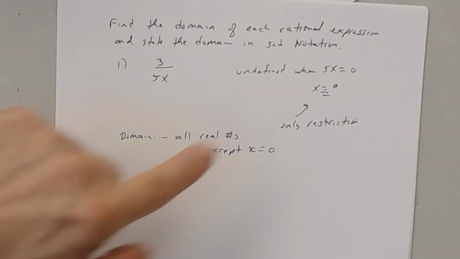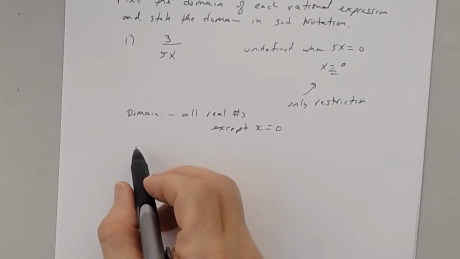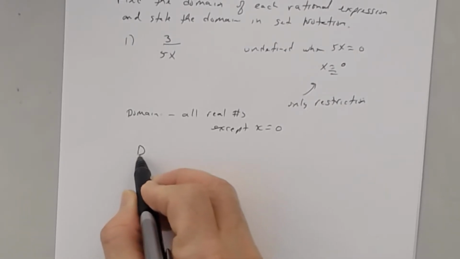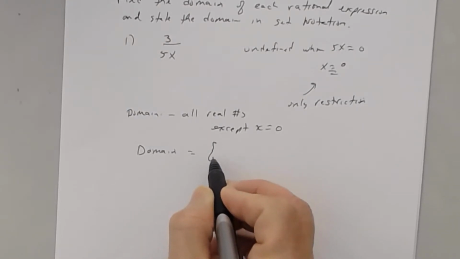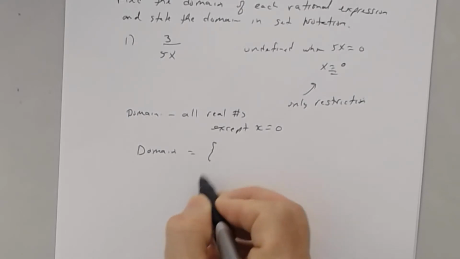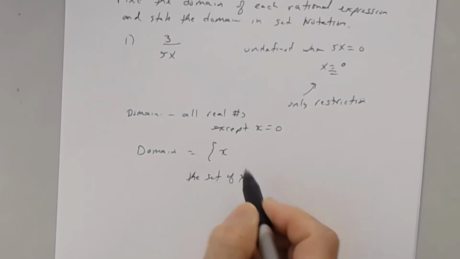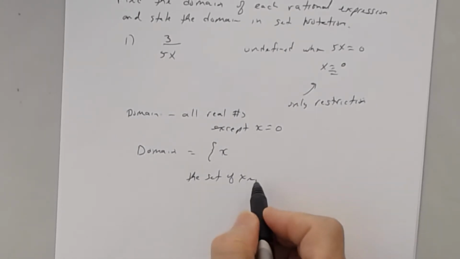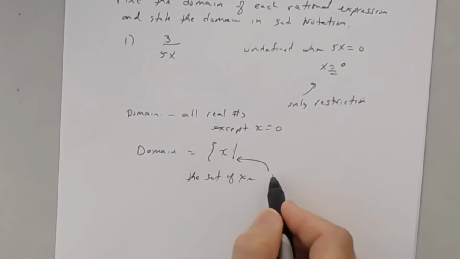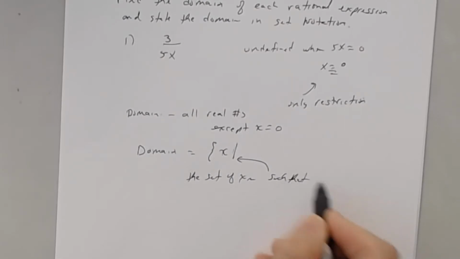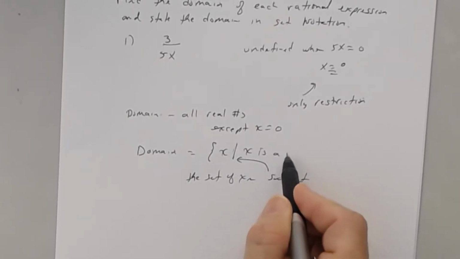Now let's talk about how to write this in set notation though. So in set notation, here's how you're going to write this. Now listen carefully how it's going to look. So the domain will equal, you're going to say brace to mean set, the set of x's such that, see this vertical segment right here, that means such that x is a real number,